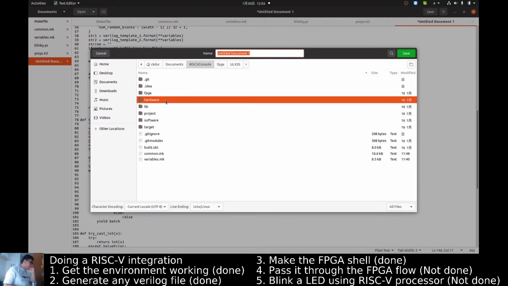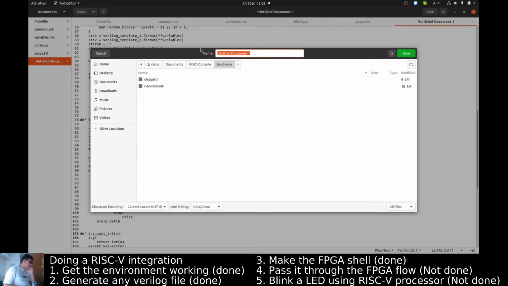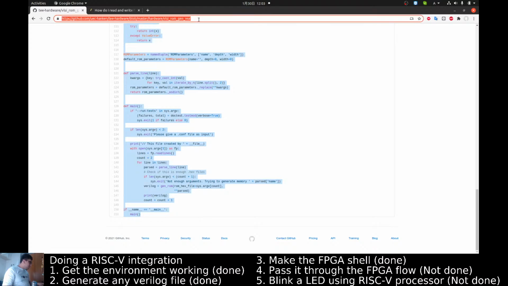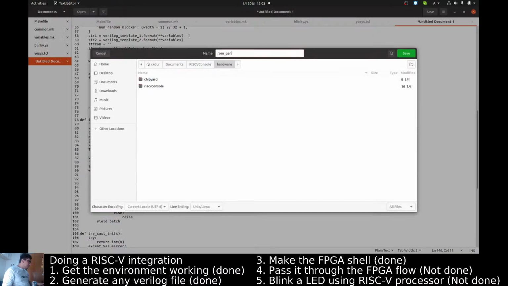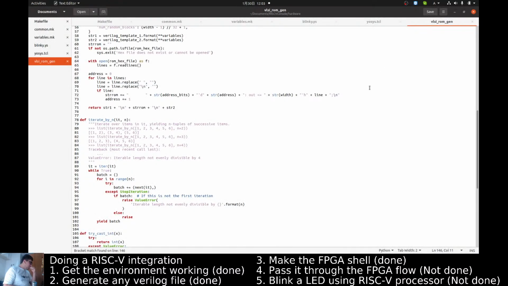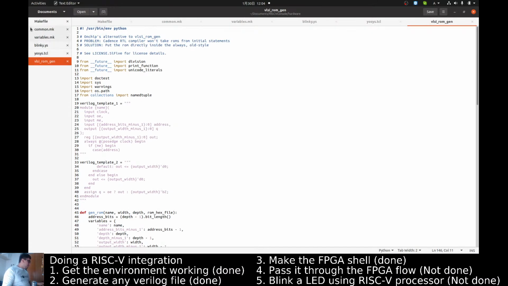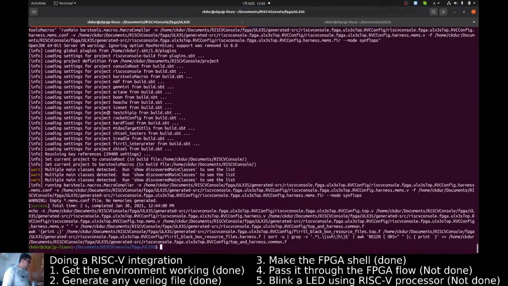So RISC-V console maybe inside of hardware, and I named this thing VLSI ROMGen. I think I named it like that. VLSI ROMGen. Let's put it like this. ROMGen. This will go here. And this is inside here. I need to put this as an executable. So if this is done,